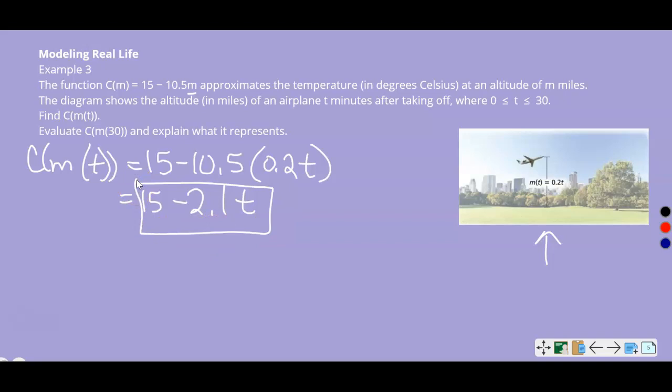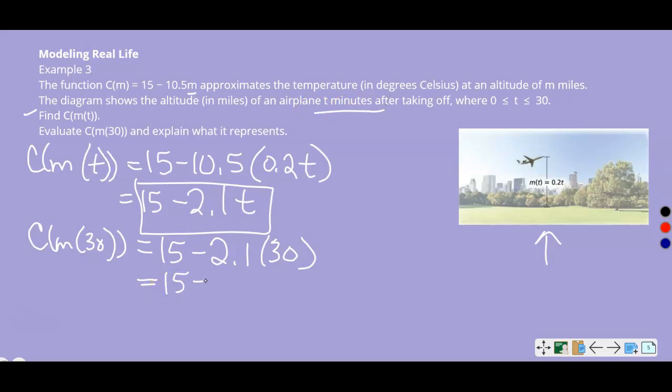So it says find c of m of t. So we did that, and then it says evaluate c of m of 30. So we're going to have c of m of 30. So I'm going to take the function I just found, and I'm going to substitute 30 minutes in for t. And we know it's minutes because it says t minutes after taking off. All right, so we have